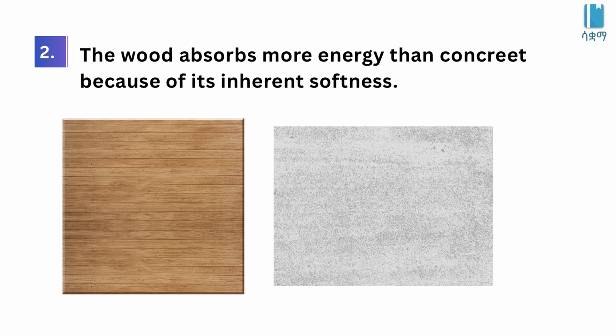So እንደ ምክንያት የምንወስደው: the wood absorbs more energy than concrete because of its inherent softness, because of soft ስለሆነ wood ከኮንክሪት አንፃር ማለት ነው, it absorbs more energy። በተጨማሪ ደግሞ እንደ ምክንያት ልትወስዱት የምትችሉ ምን መሰላችሁ? ኮንታክት ታይም ነው። So the contact time ማለት, now just እዚህ ሰርፌሱ ላይ ማለትም የእንጨት ሰርፌሱ ላይ ለምሳሌ ግላስ በሚያርፍበት ጊዜ ማለት ነው ሞመንተሙ ለመቀነስ የሚፈጅበት ጊዜ አለ። So ዴልታ t1 ብትሉት, so ዴልታ t2 ደግሞ ኮንክሪት ላይ በሚያርፍበት ጊዜ ሞመንተሙ ዜሮ ለመሆን የሚፈጅበት ጊዜ ነው።